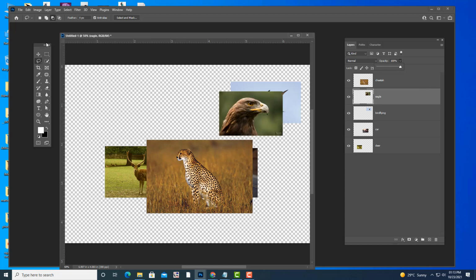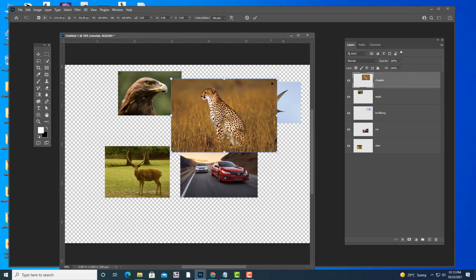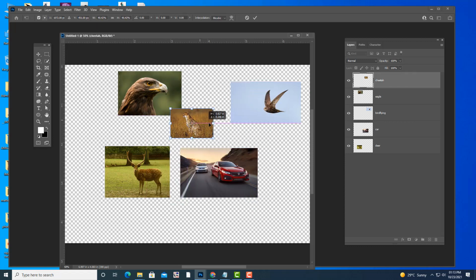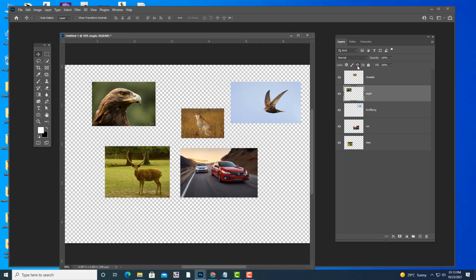Next is locking layers. What is the meaning of locking layers? See, here we have an option, lock position. Locking is another very important thing, because sometimes when we are seriously working on a large, big project, we want all images to be in a particular position.